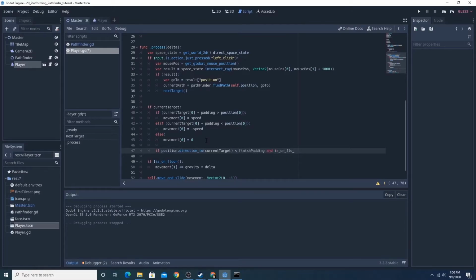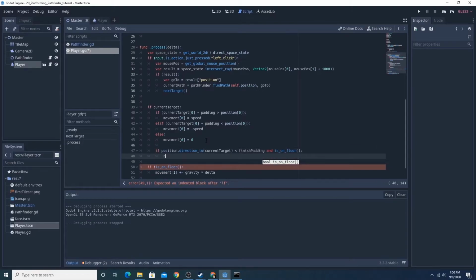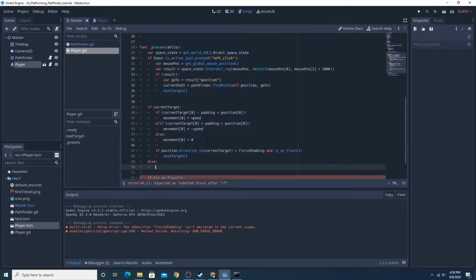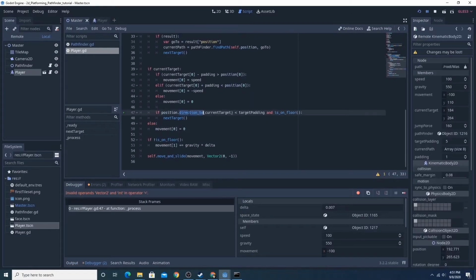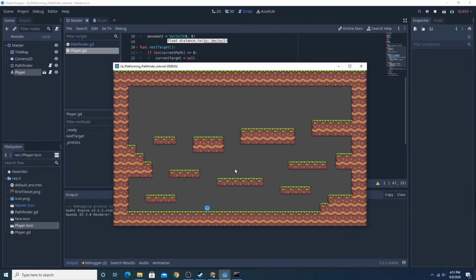The reason I'm doing is on floor right here is because later on when he's jumping, sometimes he swaps to his next target midair and misses his next jump. Next point, next target. Direction, distance 2, not direction 2. So he does a little better,